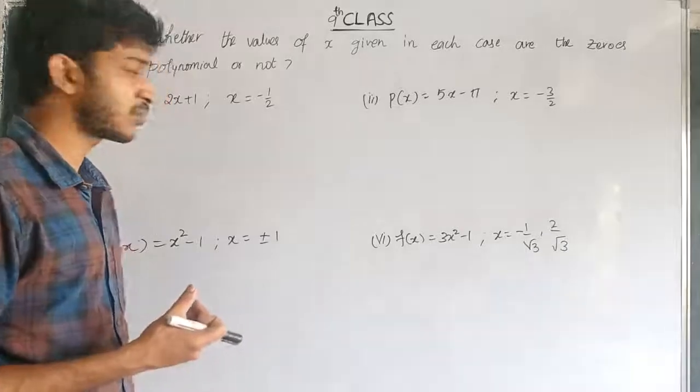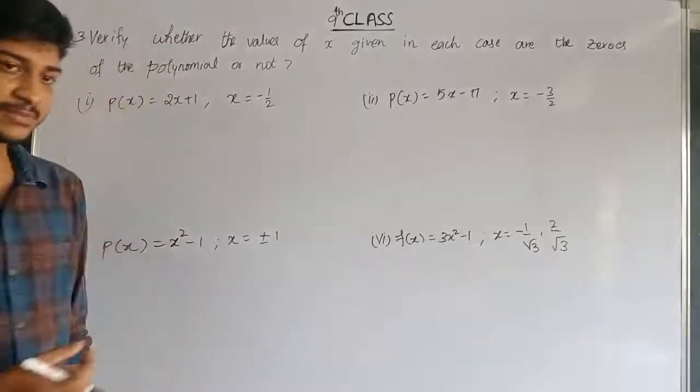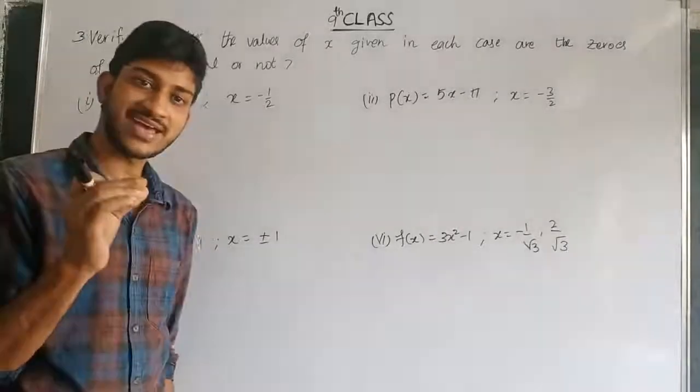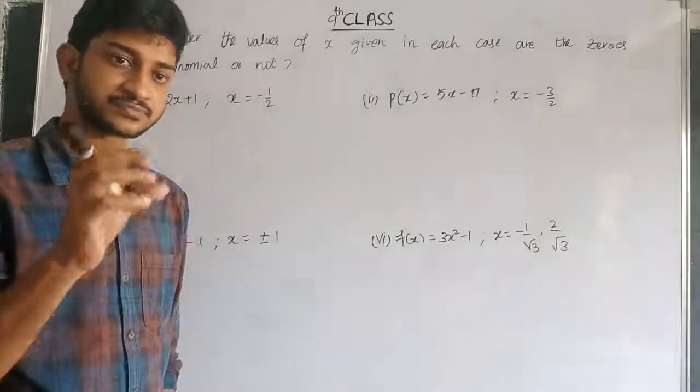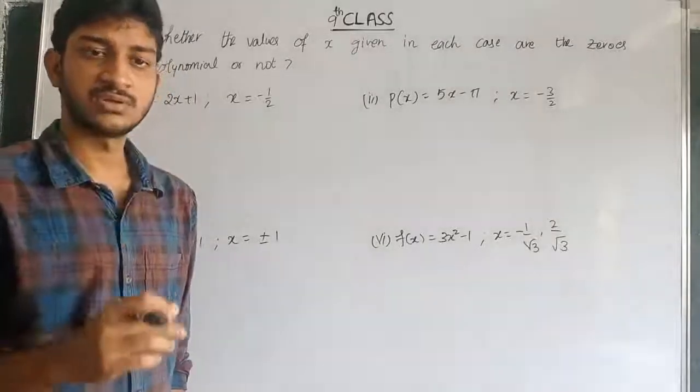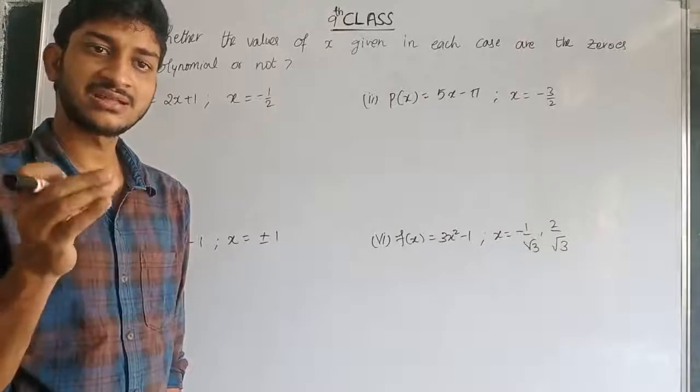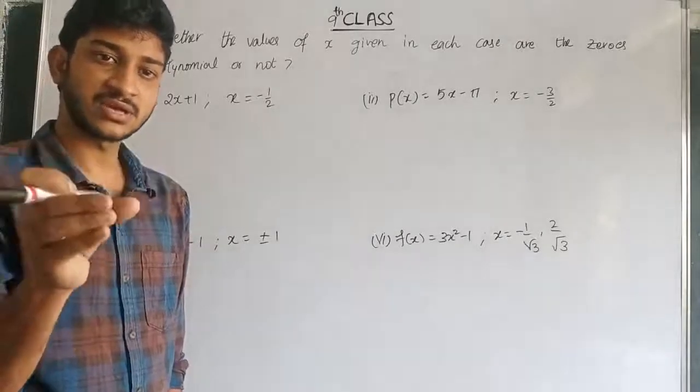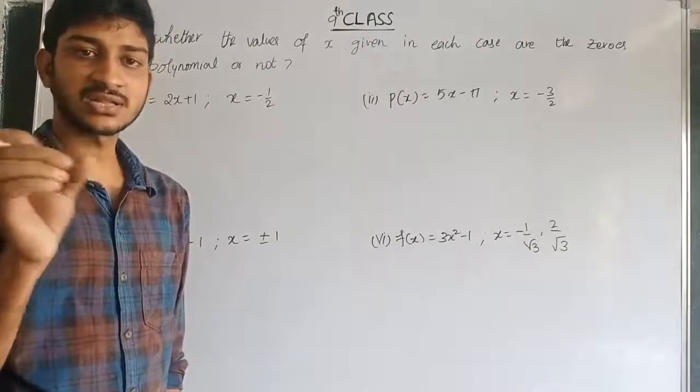What is the zero of the polynomial? Zero of the polynomial means when we substitute the x value in place of x, p of x becomes 0. P of x must be 0. At which value p of x is equal to 0, that value is called the zero of the